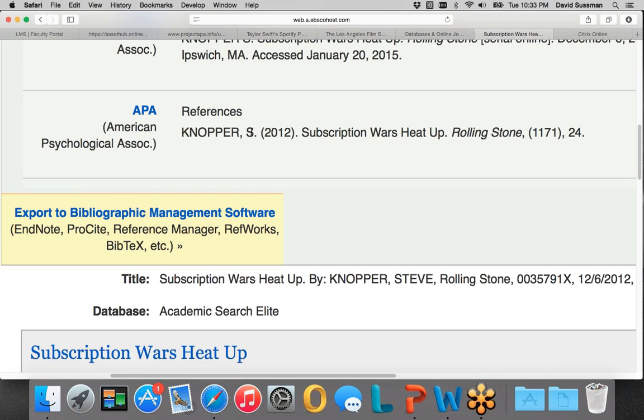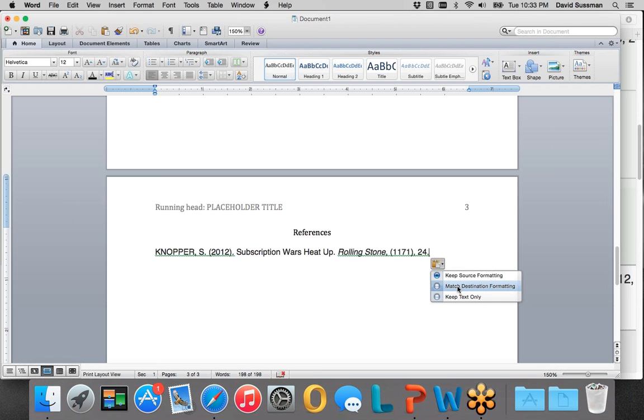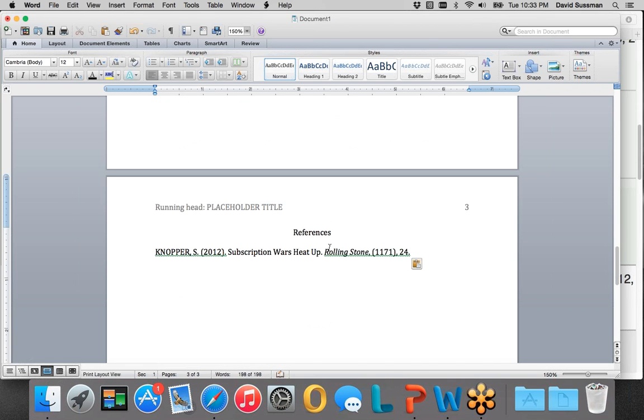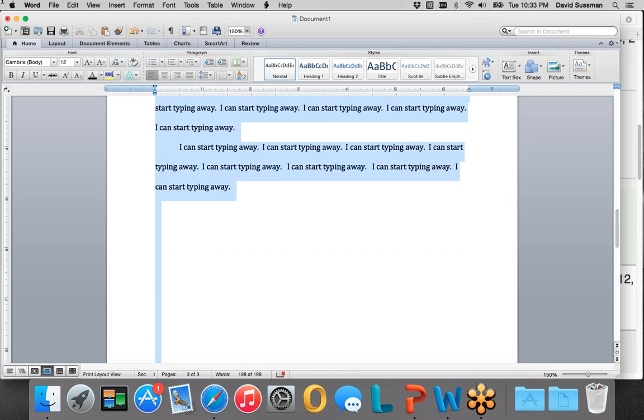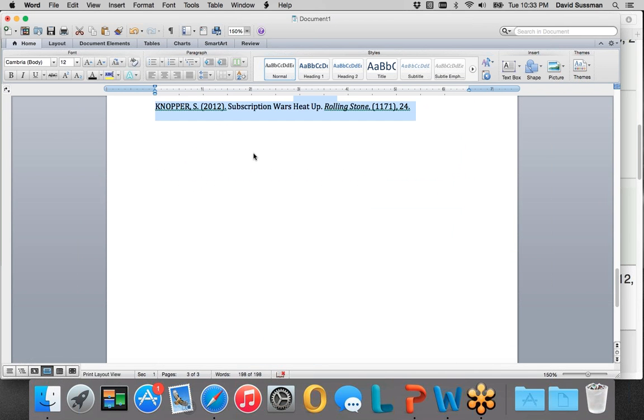So we can take this APA reference, and I'm going to show you in real time how to do this. We just need to fix all the errors. I'm going to copy it, take it to my Microsoft Word document, and paste it in. In my version of Word, I get this little tool option here, so I can click on Match Destination Format, and that changes the font so it matches the font I've already been using. Remember, we're using one consistent font size and style for the entire document. If you don't remember how to do that, you can just highlight the whole thing and choose a font and a size. Okay, but I've already fixed it.